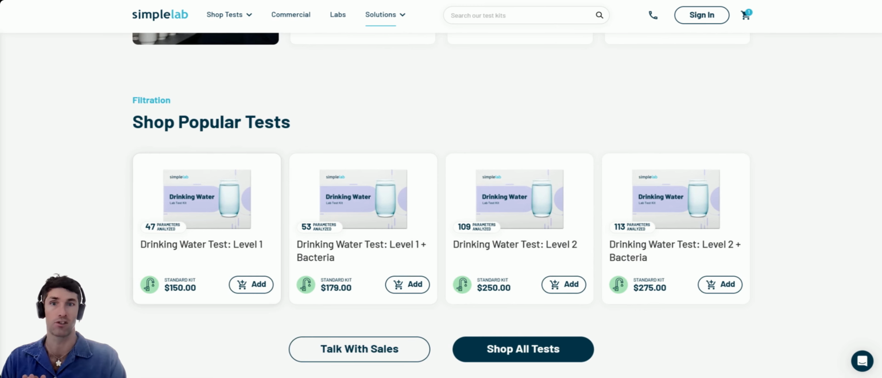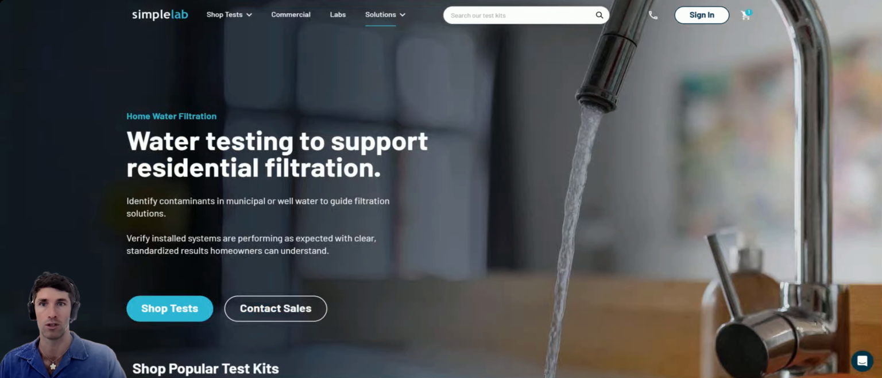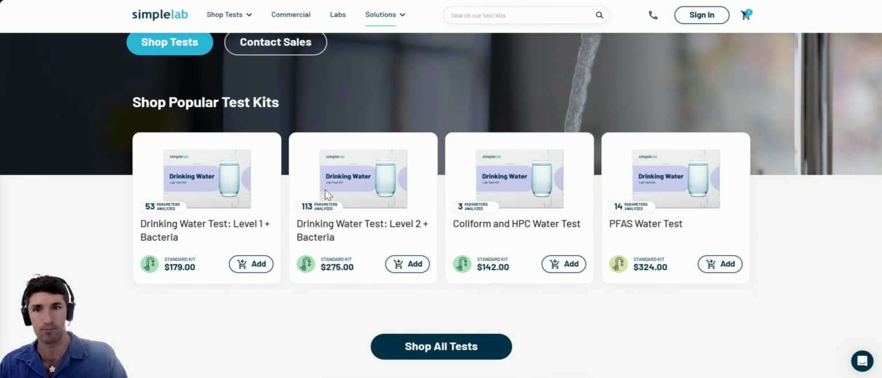So drinking water tests for the residential sector, where we're living right now. Actually, we're not. We're in the general page. This is the residential water filtration page. The most popular tests are a drinking water test level 1 with bacteria. This is going to include all your metals, minerals, inorganics, and wet chem for bacteria, so coliform and E. coli. Drinking water level 2 is going to be a step up to include, if I'm not mistaken, in fact,